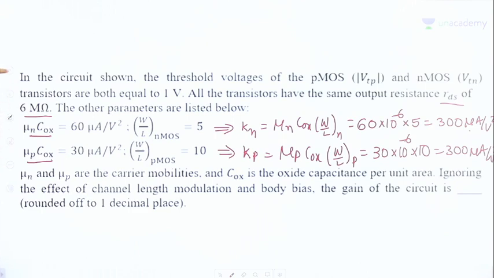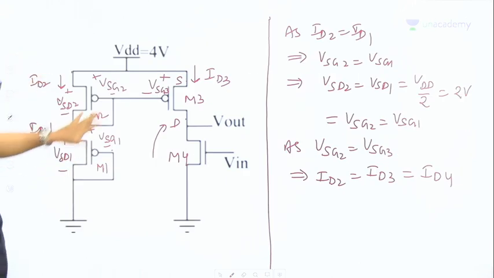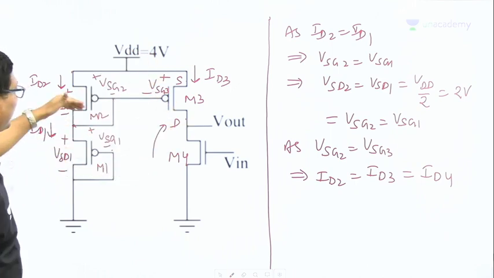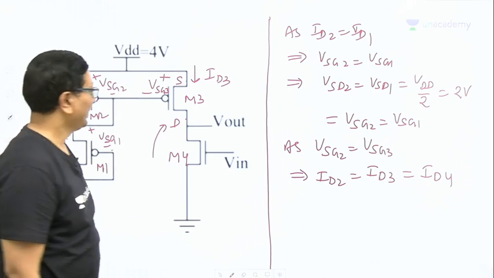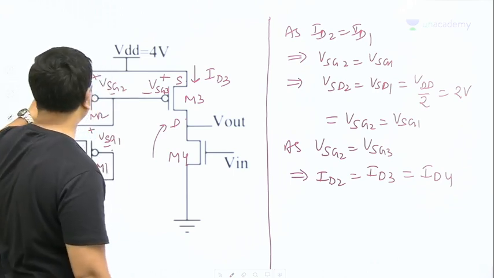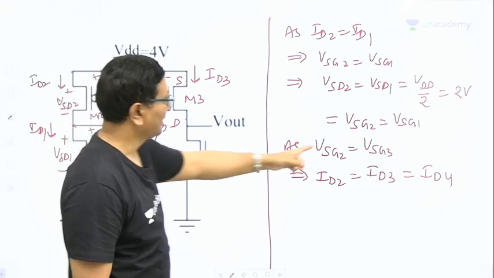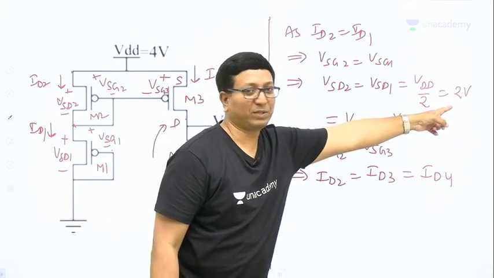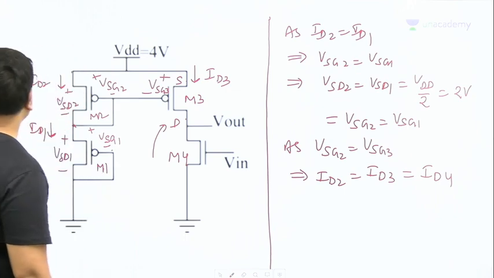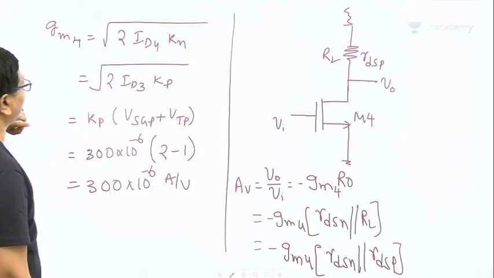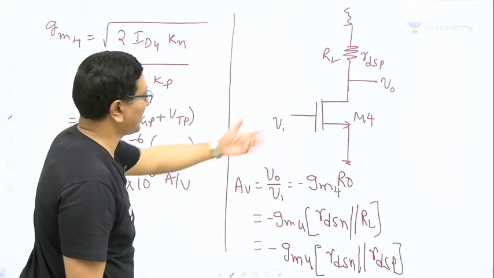And after that, we have seen all the transistors are carrying the same currents, whether M1 or M2 or M3 or M4, they are carrying the same currents, right? And we have seen the values of VSD or VSG, its value is equal to half of the power supply, that is 2 volts. Okay, and next one, coming to the small signal model of M4, before calculating the gain,